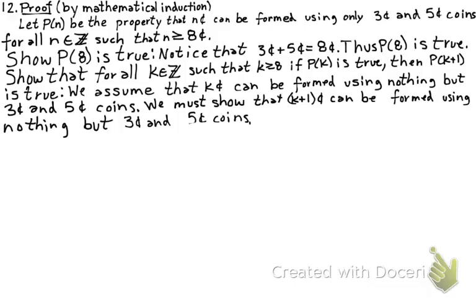How did you get 12 cents? 4 threes. How did you get 11 cents? That would be 2 3s and a 5. So it's true, every number over 8 cents. You can't get 7 cents. You can get 6. You can't get 4. You can get 5. You can't get 2. You can't get 1. Right. But you can get anything over 8. Okay, so